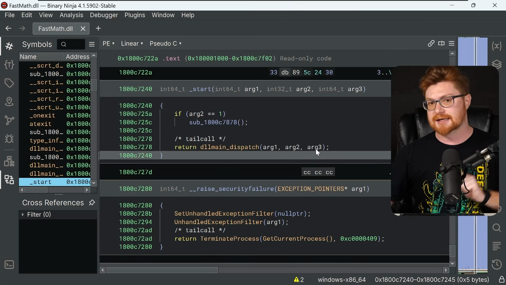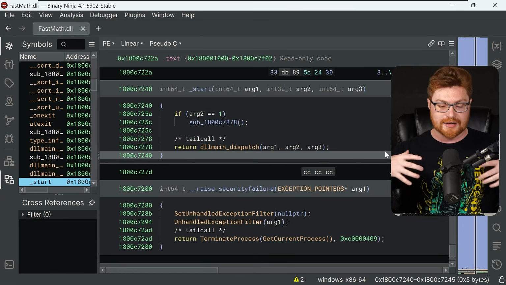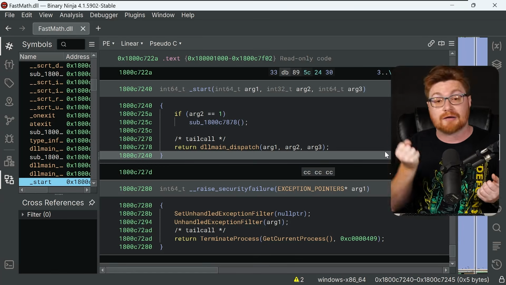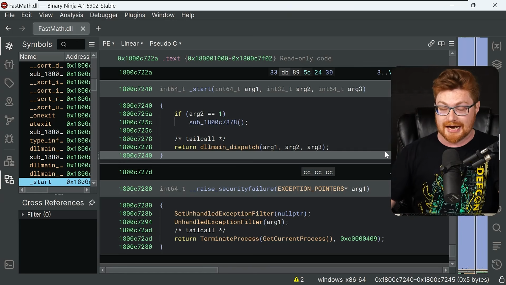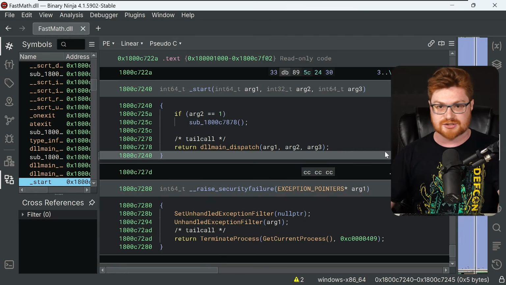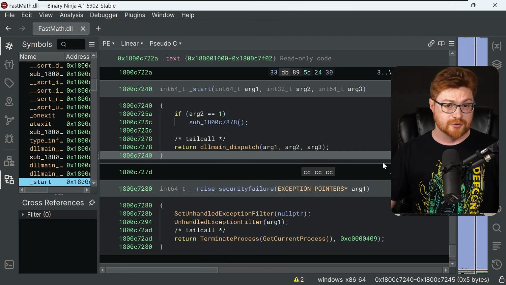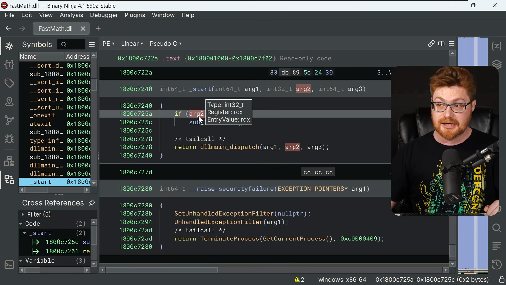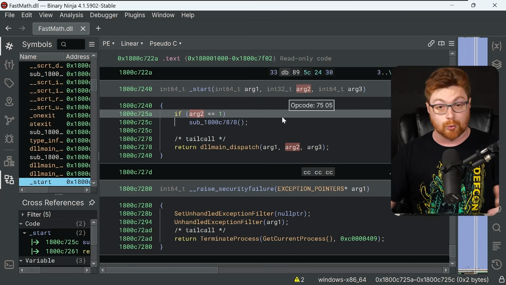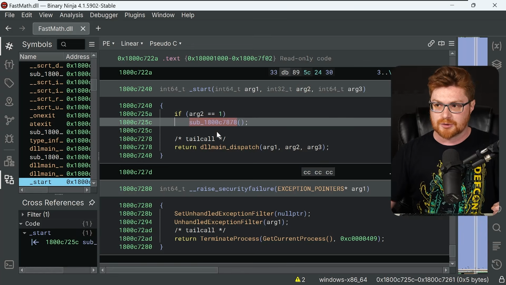Now, note this is a DLL. And that must mean that it's going to be attached to or run inside of a process, or whatever loads that dynamic linked library, with a DLL reason as to whether it's being attached, detached, whatever. You're probably used to seeing that in the boilerplate code to create a DLL, and normally that arg2 would be the reason that is actually being worked with in this DLL. So we're checking if the arg is equal to 1, in which case we use this sub function call here,